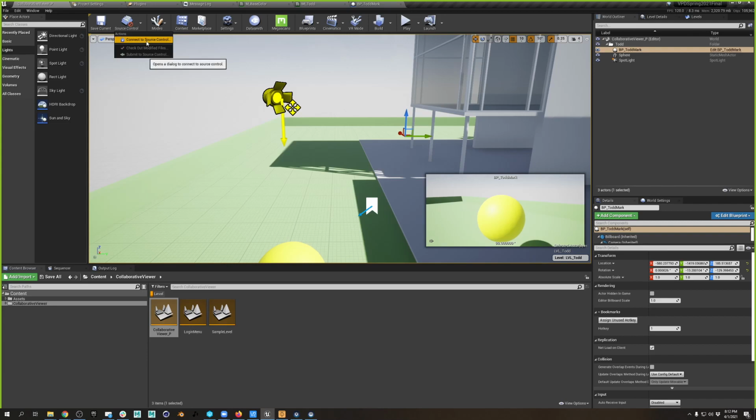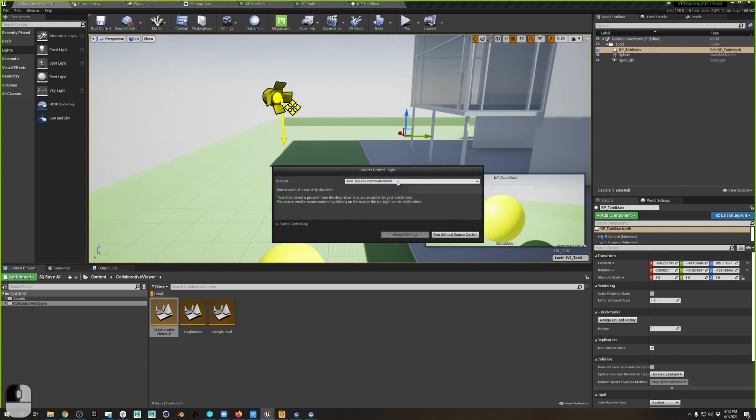So I'm going to connect to source control, and because Unreal Engine has source control built in, I actually don't even need Tortoise SVN except for getting that initial project down. I can choose here again. Here's all these wonderful different versions of source control. I'm going to do Subversion,